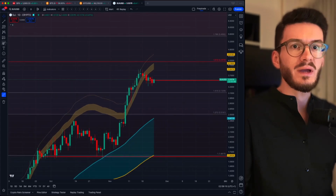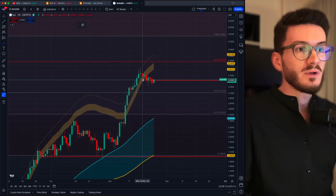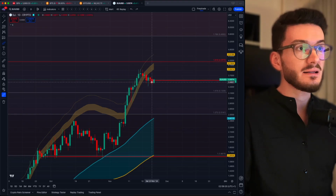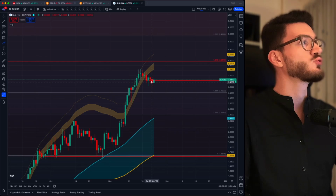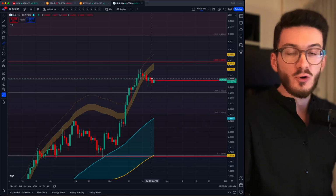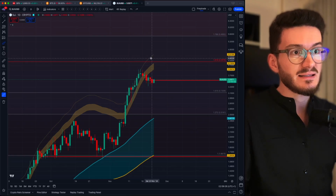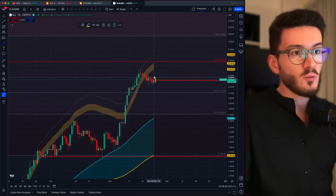We had the next signal. We didn't have a candle close below it. We had multiple wicks. But then this daily close, which is at the time of recording 2 hours ago, it closed below. Now, as you can see, we're pumping again with this daily candle, but if this will not close above it